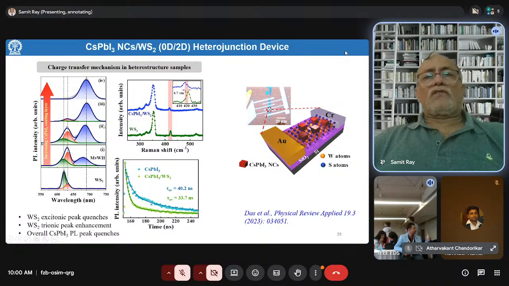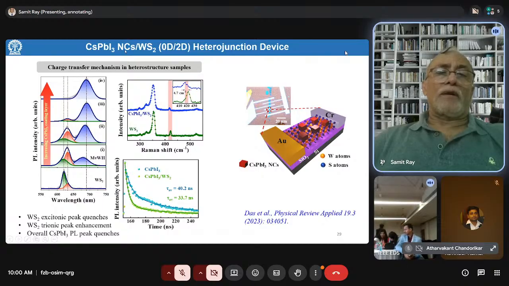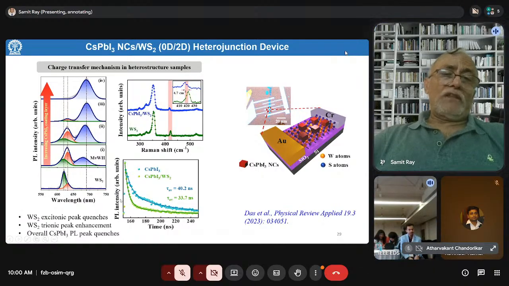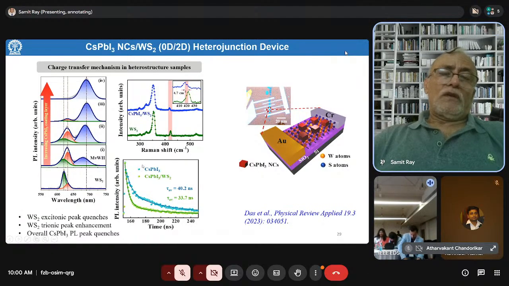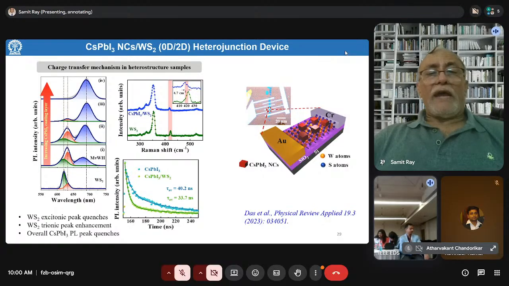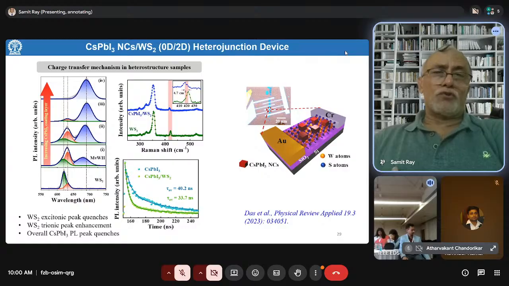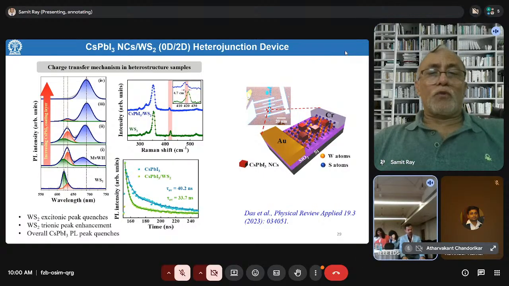Since cesium lead iodide nanocrystals are strong light absorbers, as you see in the time resolved photoluminescence, they create lots of electron hole pairs, and all of these are transported to WS2, which acts as the transport layer. That's why you have a very, very fast